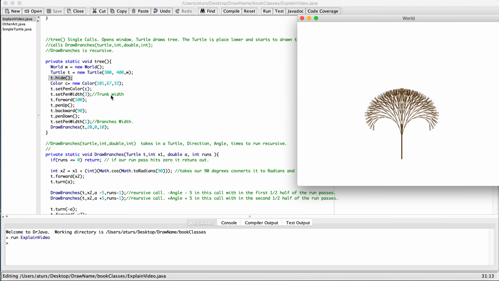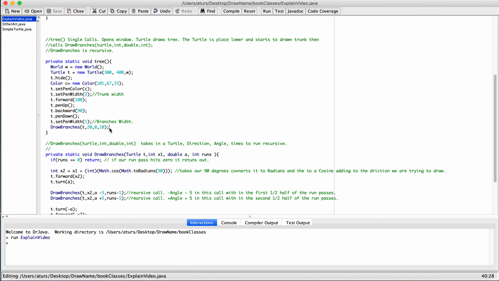I build my color, which is brown, pass through the variable, set the pen width to 3, which gives the little extra on the trunk. We then pick up the pen, and then I move back another 90 pixels in order to start these branches up. And then I place the pen down, set the pen width value to 1, and then I call a recursive method that starts building out those branches,